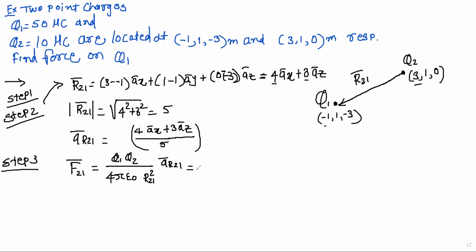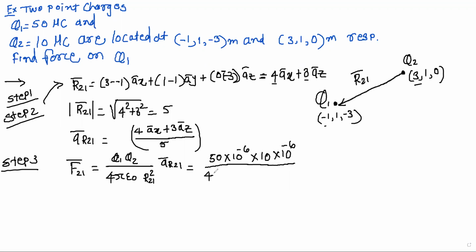So this is equal to. Now put on the values. All the values have to be inserted here. I told you if it is micro coulomb, then 10 raised to minus 6, right? So put here the value of Q1. Value of Q1 is 50 microcoulomb. 50 microcoulomb means 50 into 10 raised to minus 6 into Q2. Value of Q2 is 10 microcoulomb. 10 microcoulomb means 10 into 10 raised to minus 6 divided by